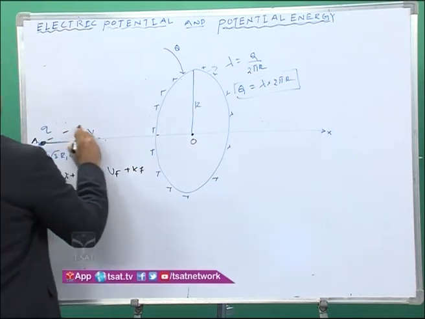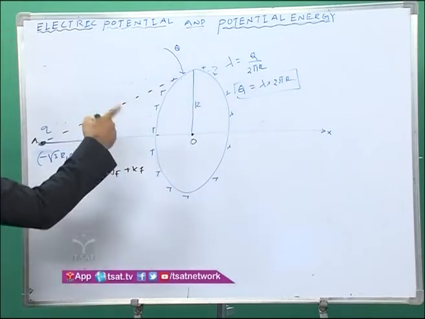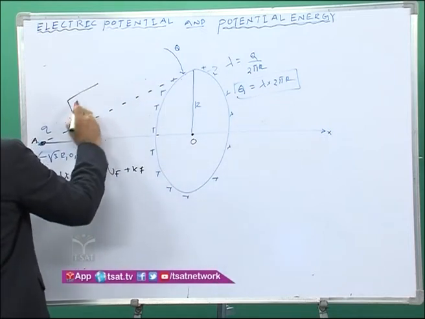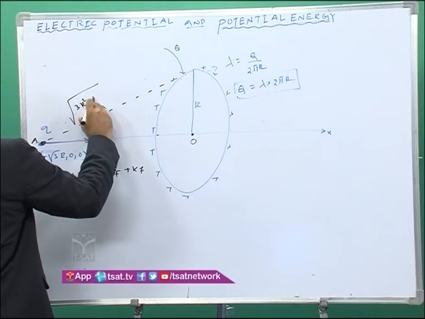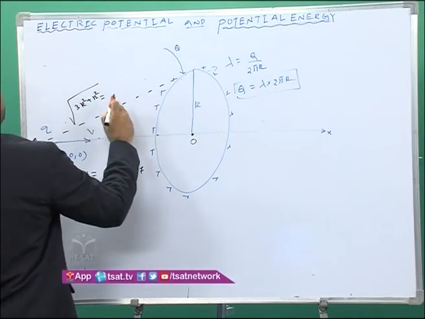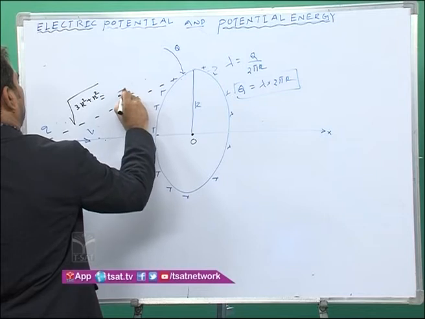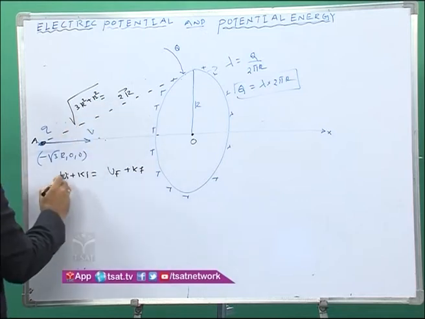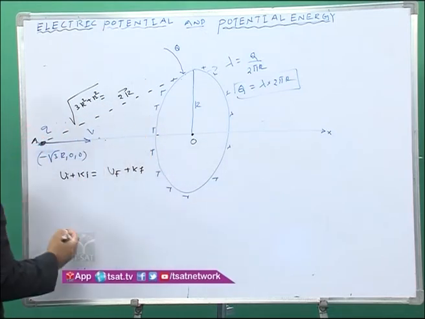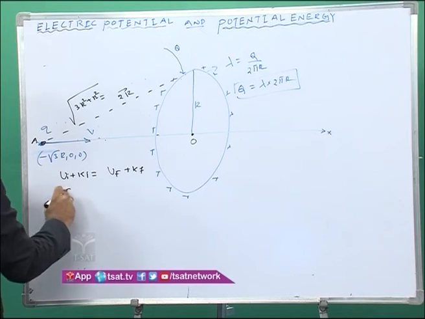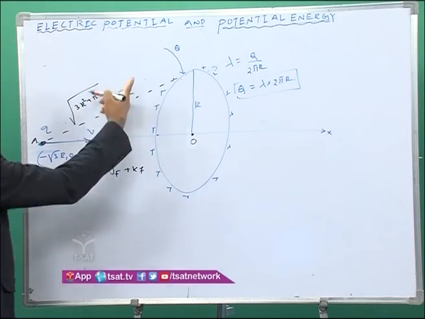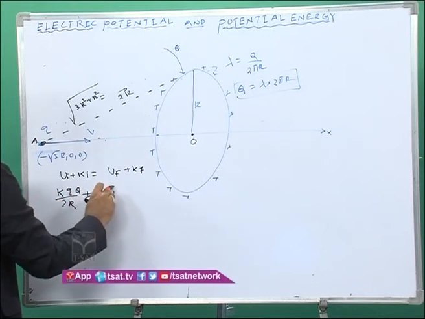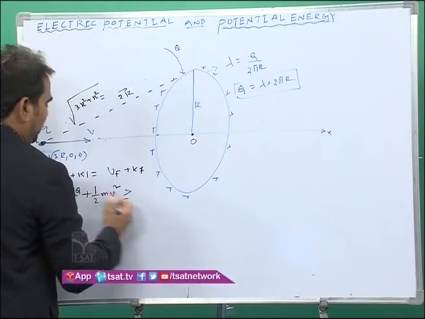Ui is at a distance here from the circumference of this ring. This length is given as root 3 r, this length is r, so root over 3r squared plus r squared is equal to root 4 r squared, that is equal to 2r. 2r is nothing but the distance of the particle. Therefore, the initial potential energy of the system of these two particles is given by k into Q q upon the distance 2r, plus half m v squared, which is greater than or equal to